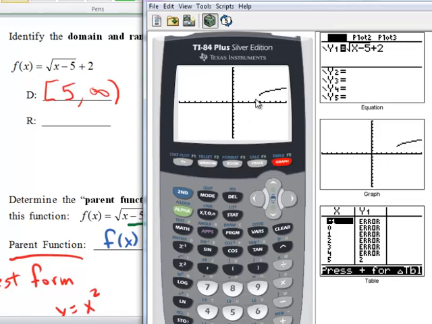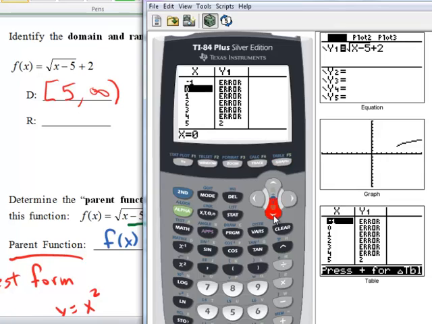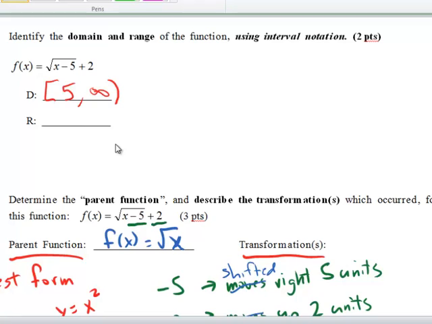Okay. Now the range then is measuring on the y-axis, and so you want to look from lowest to highest what y values are being used by this function. The lowest one here, if you can look down in the table, is that same point where the 5 came from. That's also the lowest point of the square root function here, and so it's at 2. So the very beginning point of our range is at 2, and then it also continues to rise up to infinity. So there's your domain and range, and that's